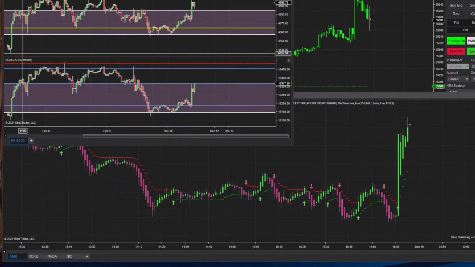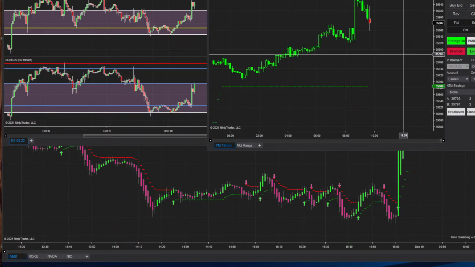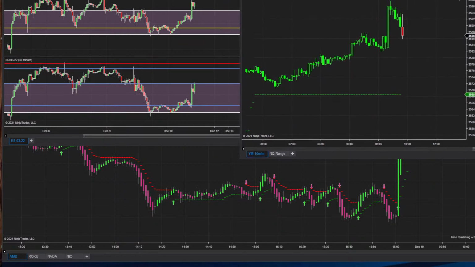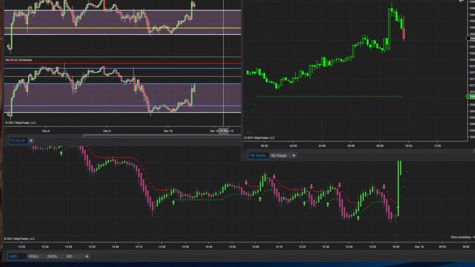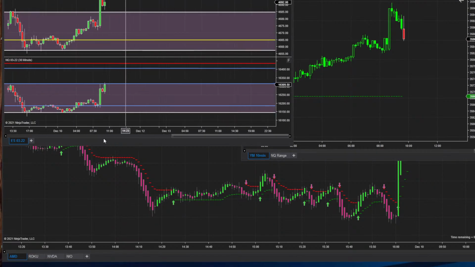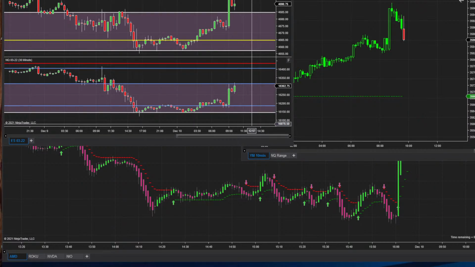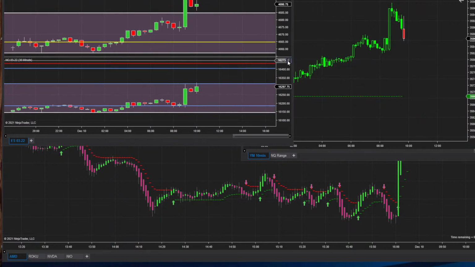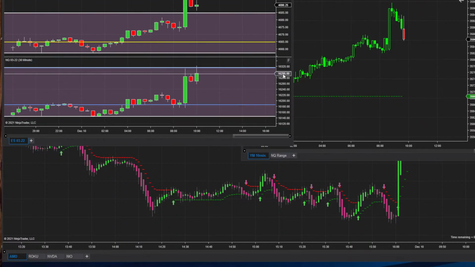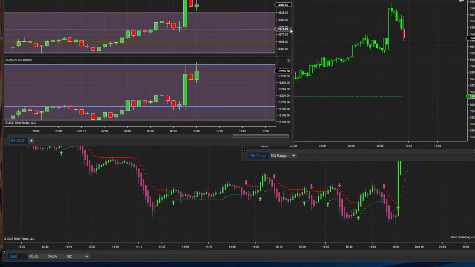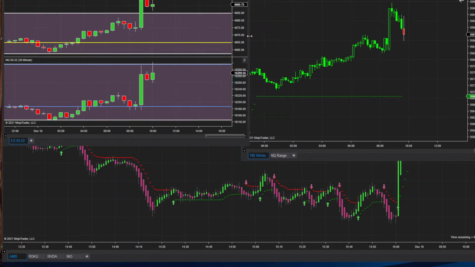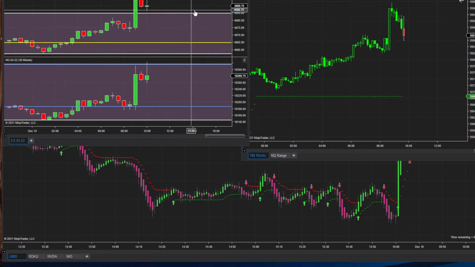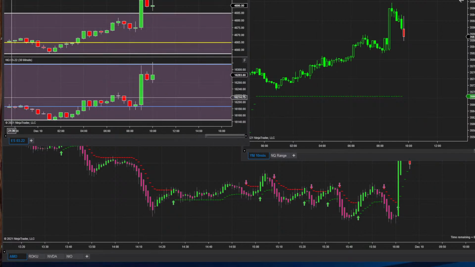All right, NQ looks like it wants to leave the range here. I mean the zone. I hate when I say range because I don't want people to be confused about our other setup. The zone. I need to zoom in on this, and then maybe make it a little smaller. And then I'm going to need to add those levels to NQ. All right, it touched the top and it's pulling back.